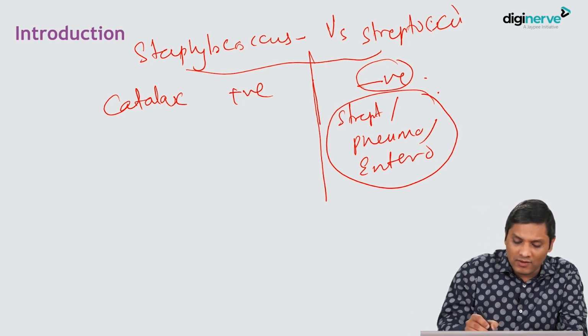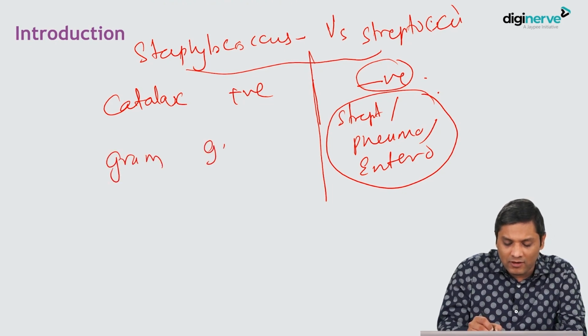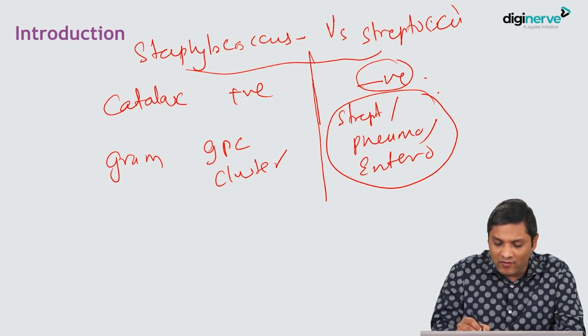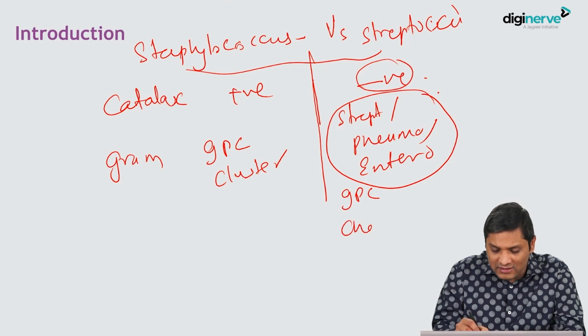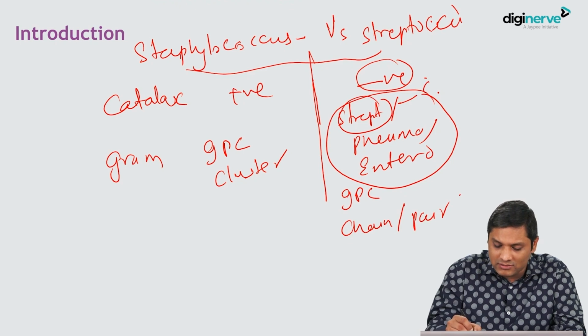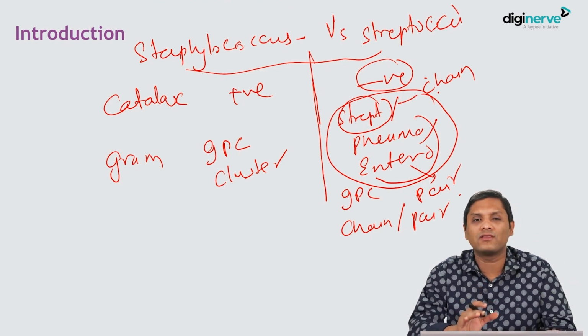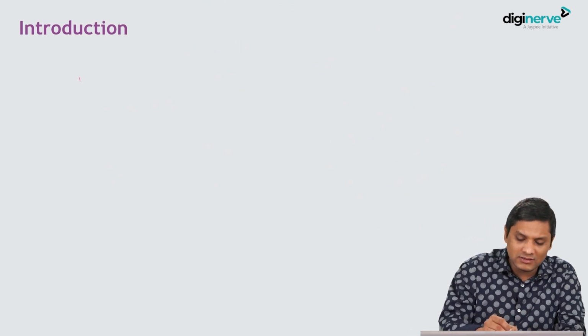One more difference is their gram stain appearance. Staphylococci are typically gram positive cocci in clusters, whereas Streptococci are also gram positive cocci, but they are arranged in chains or in pairs. Streptococcus is arranged in chains, whereas pneumococcus and enterococcus are arranged in pairs. The question is, why is the gram stain appearance like that? The reason is